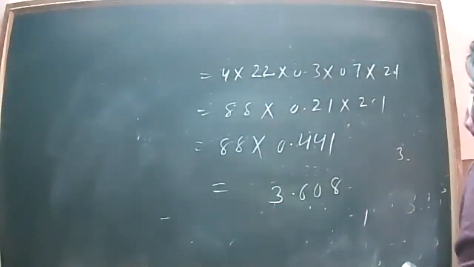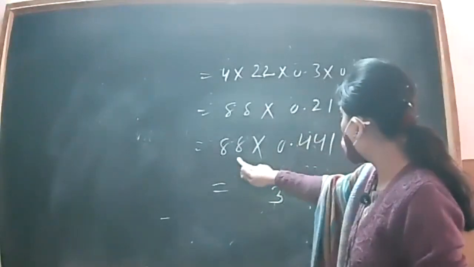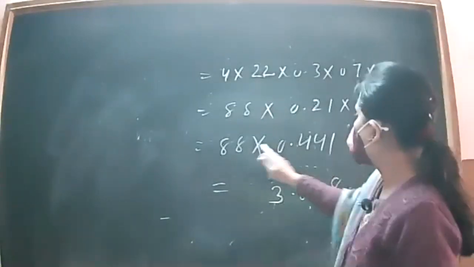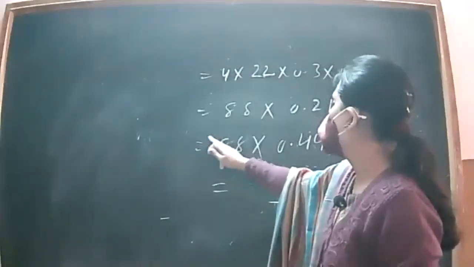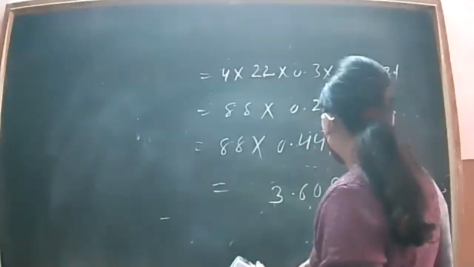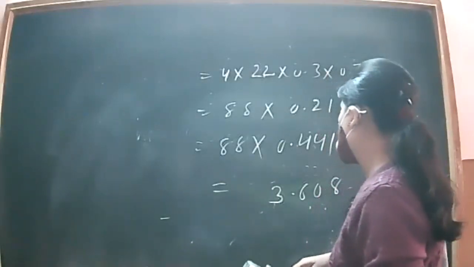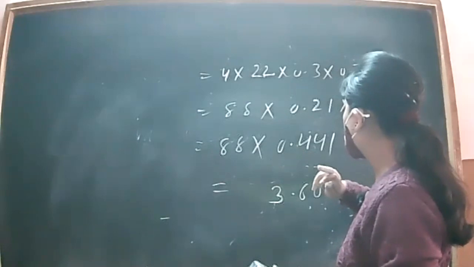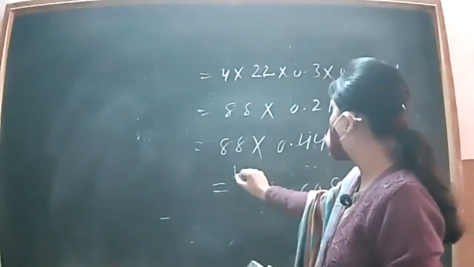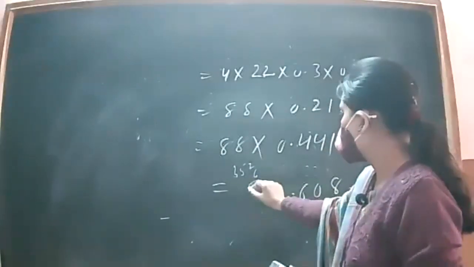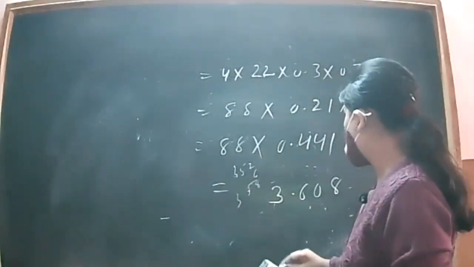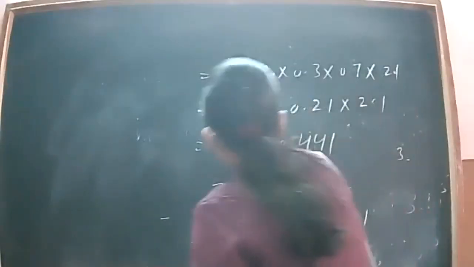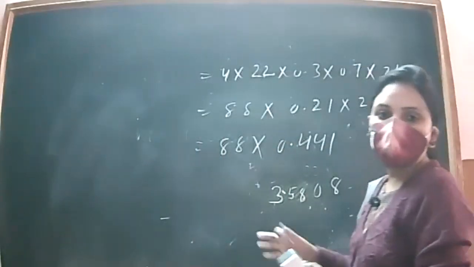This is 3.608. 88 ones are 88, 88 fours are 352, plus 8, 360, plus 6 is 358. 3.5808. So when we multiply this 88 by 0.4